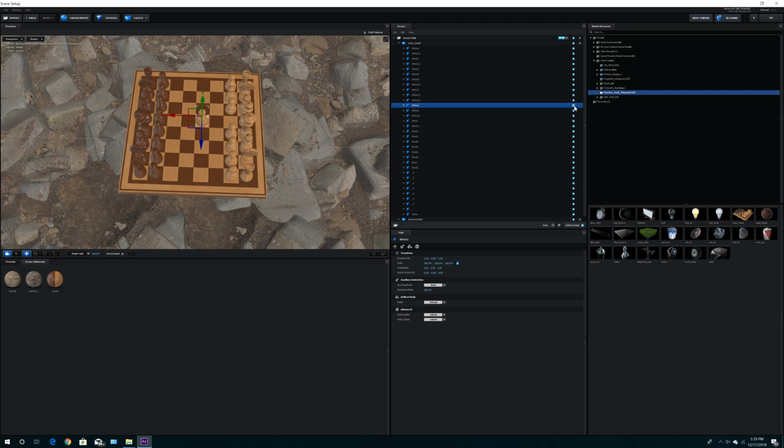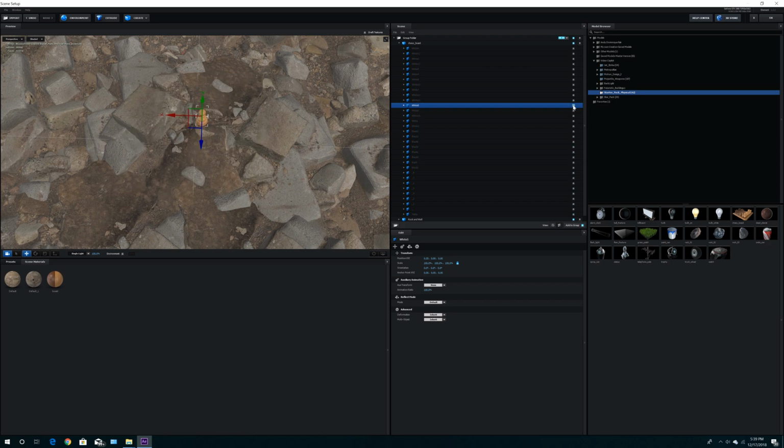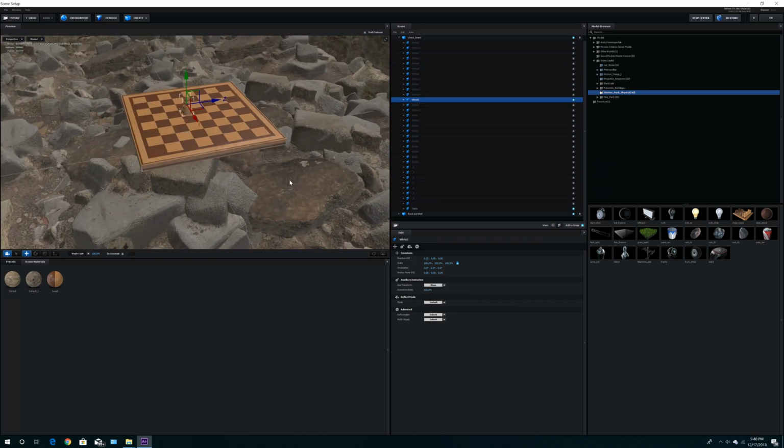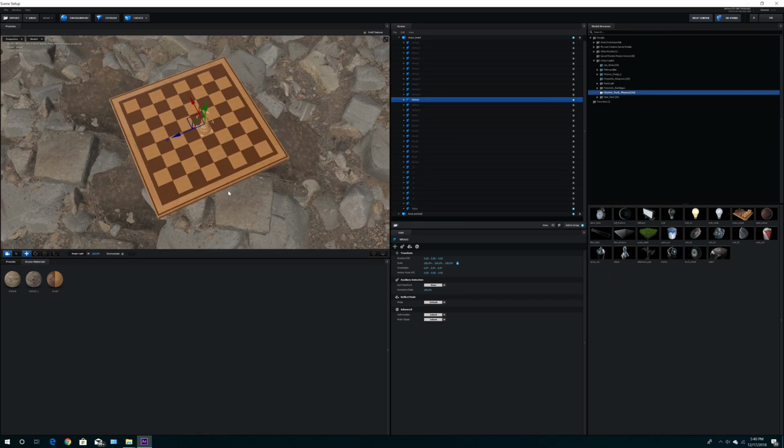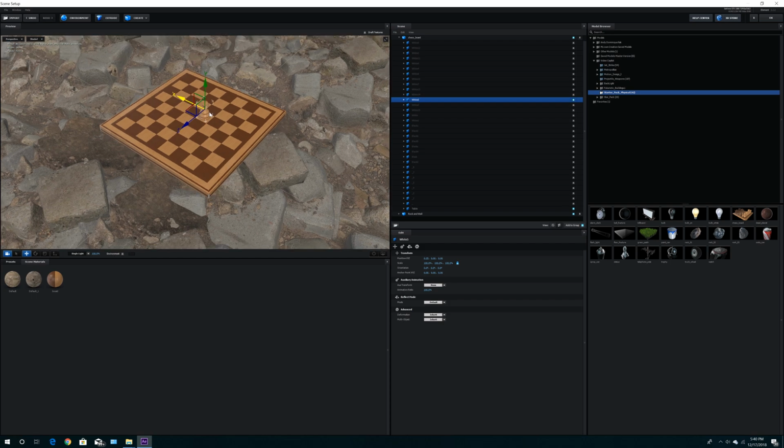Once we know that this is the one we want and we want to put it right here, I want you guys to click Alt and then click on the same one again. What it does now is take everything out except for that pawn, but we do need the chessboard too, and the chessboard is this one right here. Okay, there it is. That's all we need for now, because we're just going to practice moving the cameras around this 3D OBJ. So click OK,